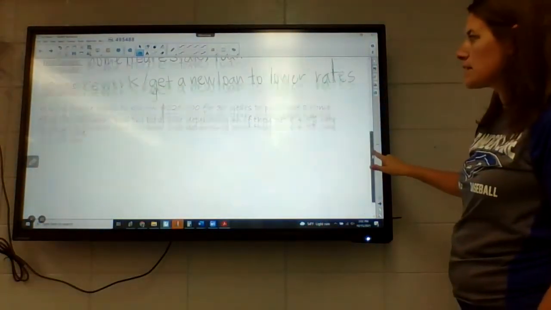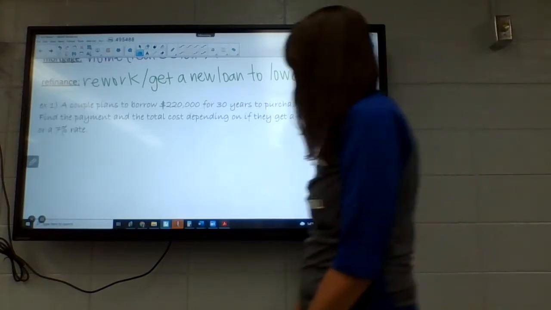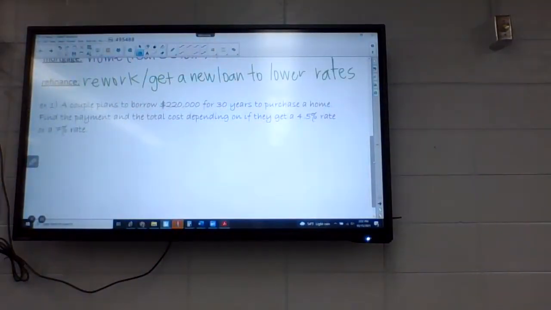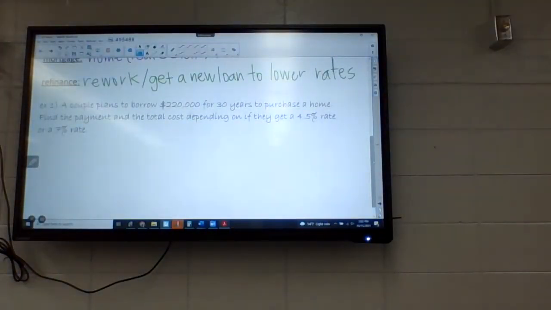So, it says a couple plans to borrow $220,000 for 30 years to purchase a home. Find a payment and total cost depending on if they get a 4.5% rate or 7% rate. So you're like, oh, 3.5%, not a huge deal, or it's not even 3.5, it's 2.5%. Not a huge difference. I'm going to show you guys over the course of 30 years that makes a huge